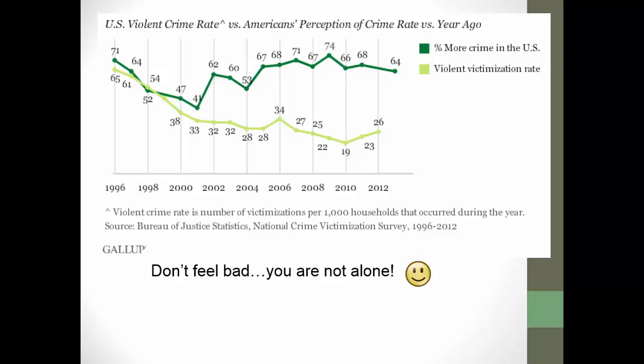Again, something we talked about before, but one of the issues is despite the fact that the big story has been a dramatic drop in violent crime, Americans' perception of violent crime tends not to go with what actually is happening. The top line is every year they ask American citizens in a Gallup poll, do you think violent crime has gotten worse or not? People tend to think it's getting worse, it's getting worse, it's getting worse pretty much every year, whereas in fact the actual violent victimization rate has dropped during the same period.